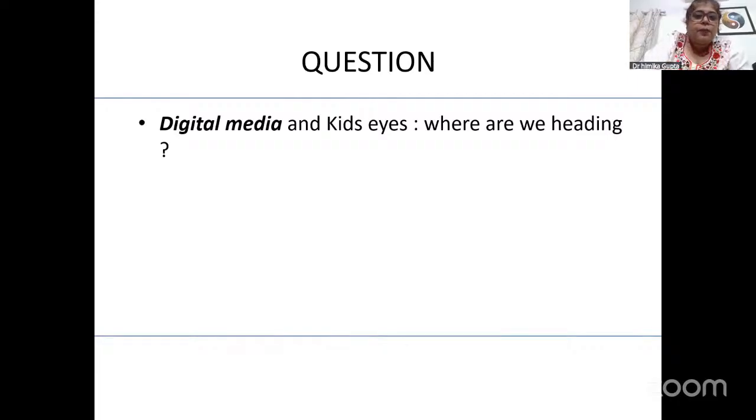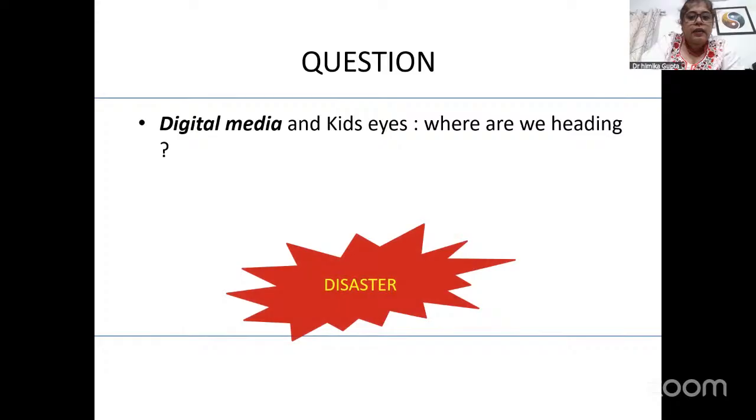So if somebody was going to ask about smartphones and digital media and kids, where are we heading? My single answer is disaster. In fact, I have labeled the washroom in my room as a danger room. And I've told the kids who come there who have excessive screen time that I'm going to lock you up here. So yes, I frankly am guilty of using threats, but more often than that, 90% of the patients still